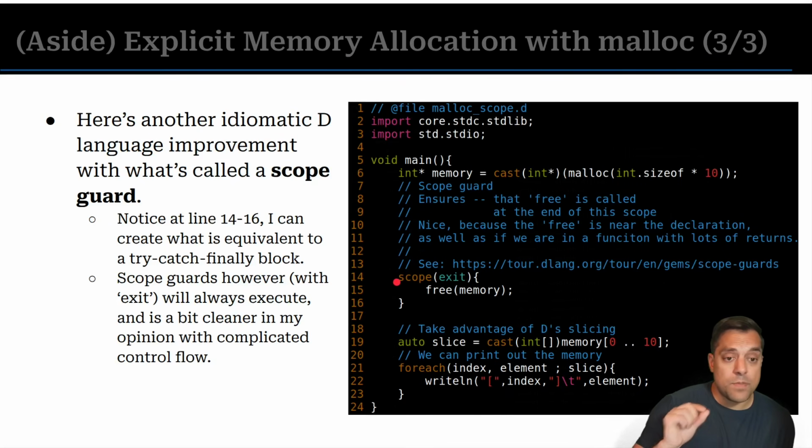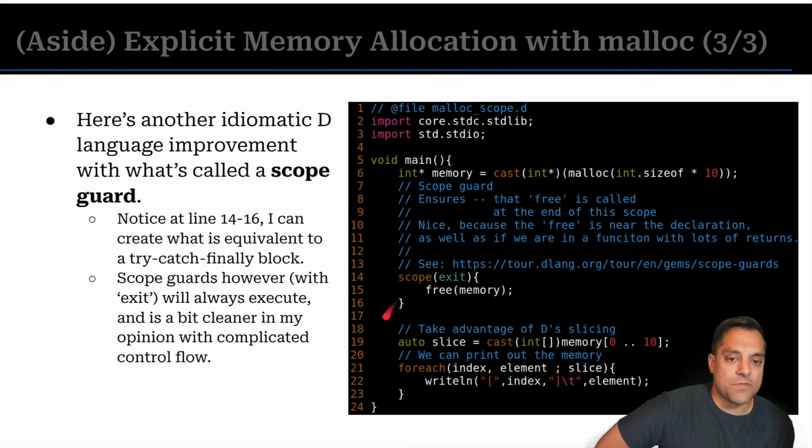We actually have scope as a qualifier as well, which will very explicitly make sure that heap memory only lives within the scope of something like a function, or here, for instance. But this is called a scope guard. And again, if you get rid of my comments here from line 7 through 13, what's really nice about this is at the site of my allocation, I'm also describing what I want to do when I leave the scope here, which is free it.